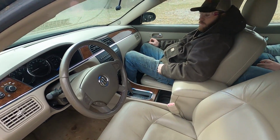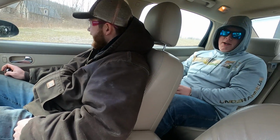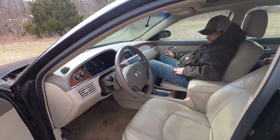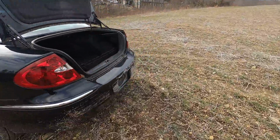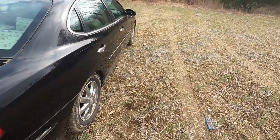Just gonna show this thing off so everyone can get all butt hurt. It's pretty nice. It's getting wrecked. Nothing wrong with the interior. Heated seats, power seats. What's neat is how everything works. Honestly, I like it, actually mint. Playing bumper cars and messed the rear bumper up, but I don't know how you don't expect to do that